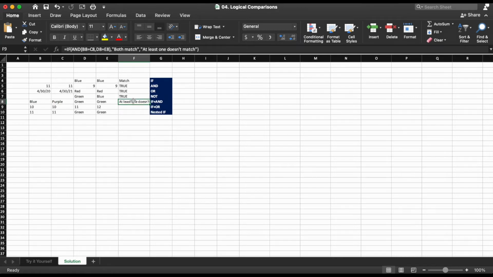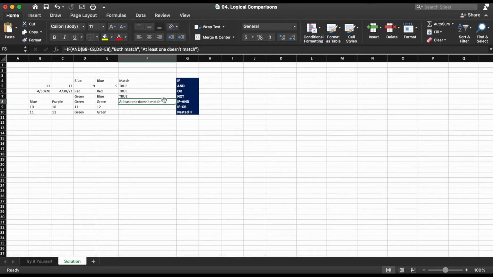And so you'll see that the return value is cut off here. And that is because your column is too narrow. And there's at least two different ways to go ahead and expand that column. So both involve going up to the column letters. And if you're on the border of F and G, you'll see that there's a bar with an arrow on top of it. And so if you click and hold, you can drag the column width to fit the text or the number value that's in that cell.